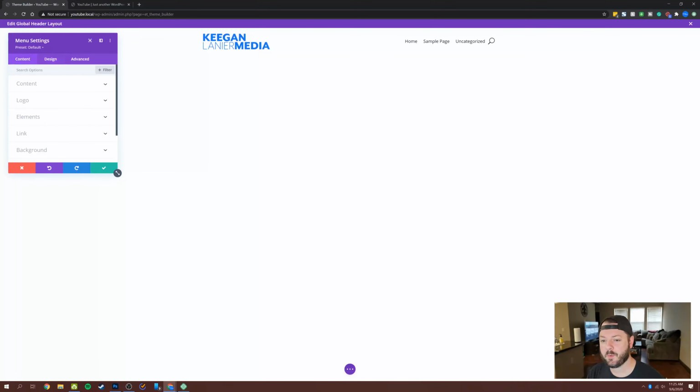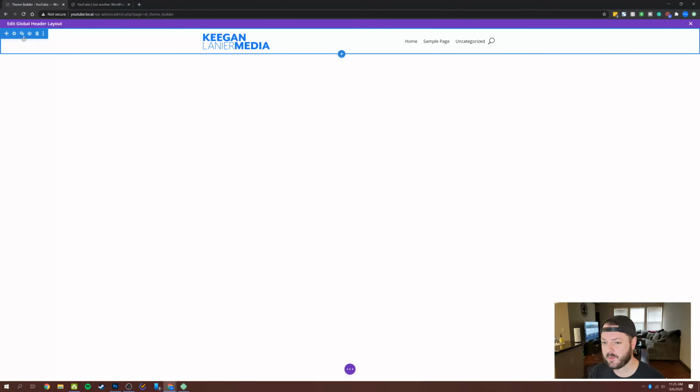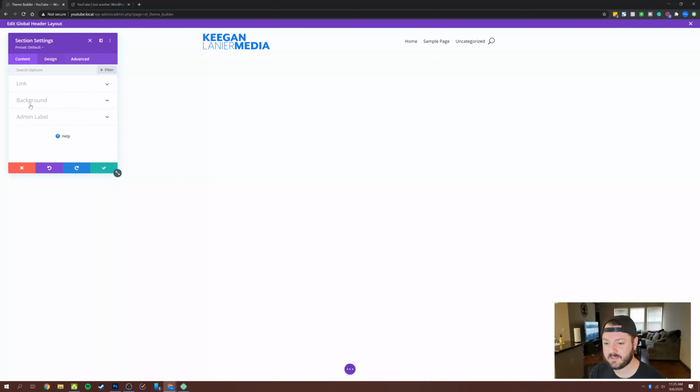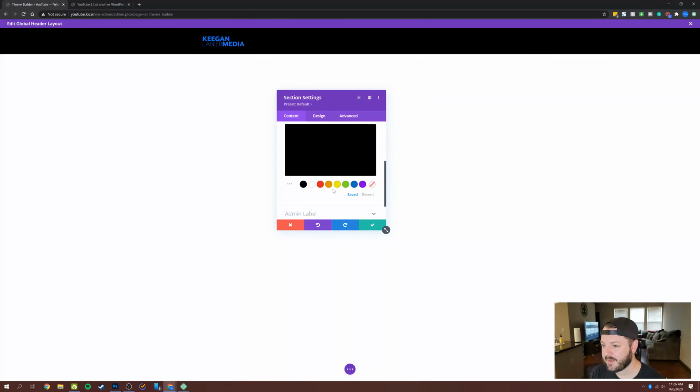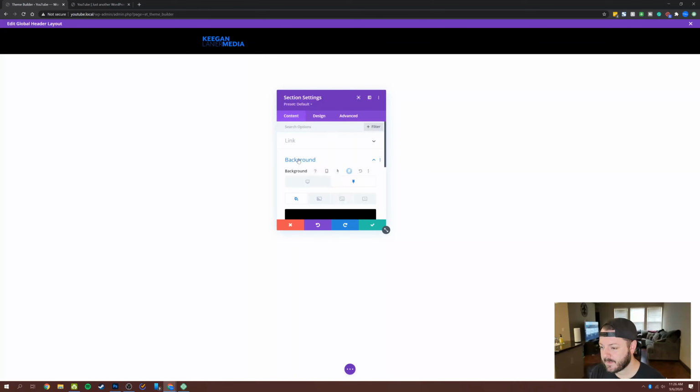Then we can go out of the menu back into the section and actually change the background. So let's hover over here. Now we've got this sticky option here. So we've got the transparent background, let's make the background actually white for the entire section. And then when it goes sticky, let's change that to black. And then we can go back into our menu,